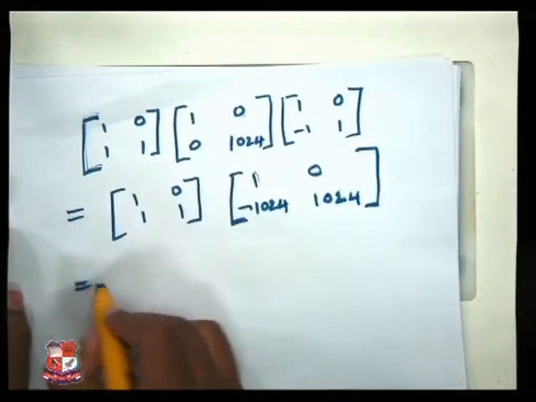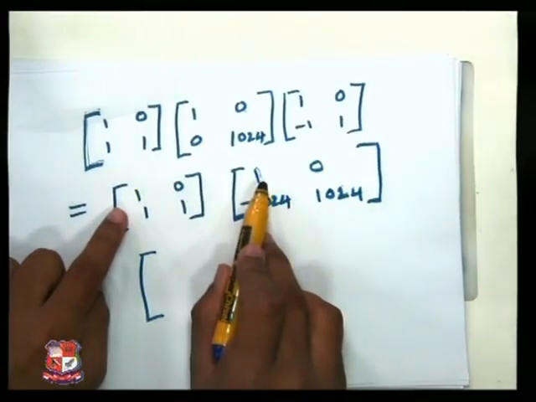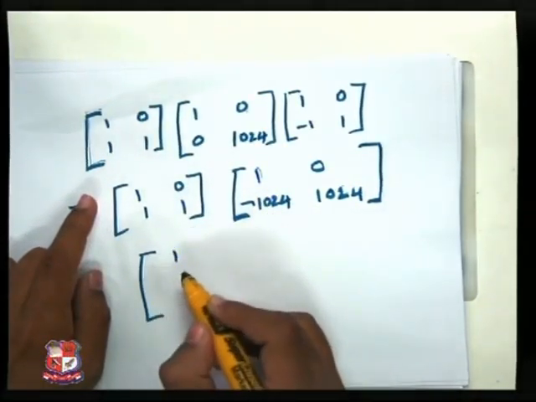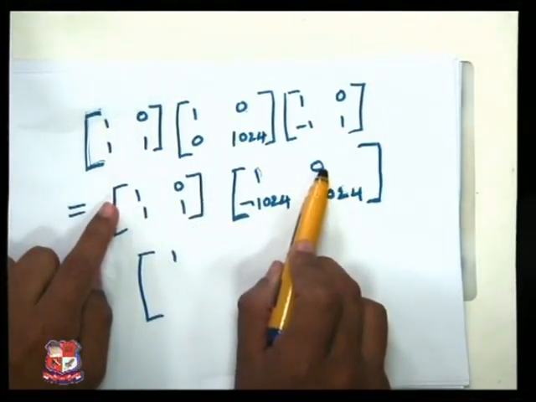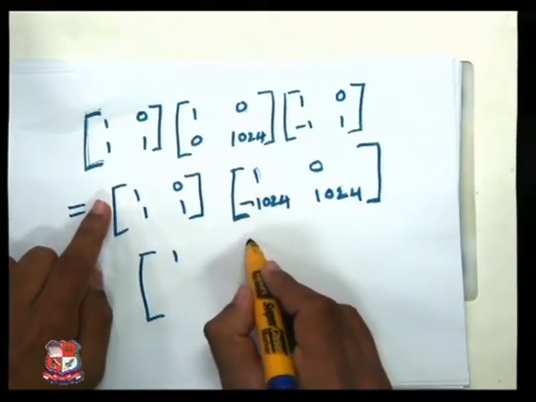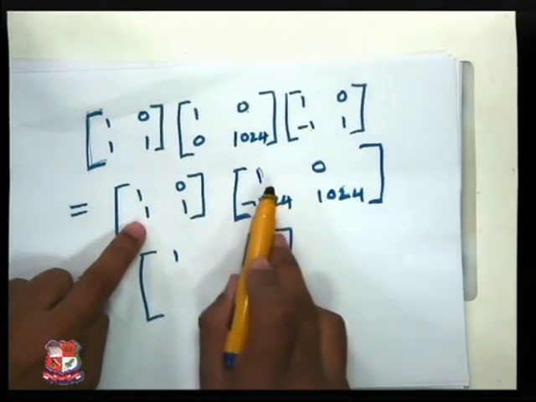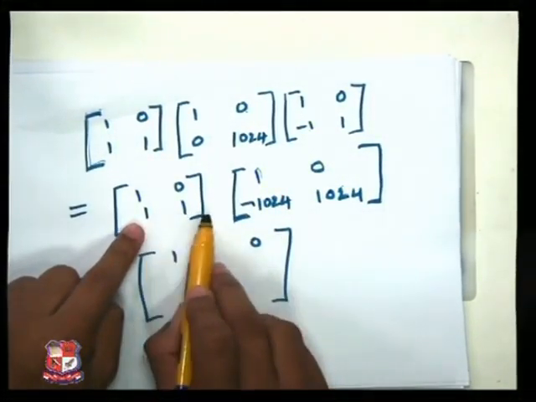Two matrix. So you will get 1 into 1 plus 0 into this one. So you will get 1, then 1 into 0 plus 0 into this. So you will get 0, then consider the second row of the first matrix, 1 1, and